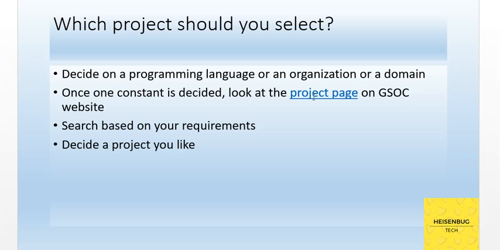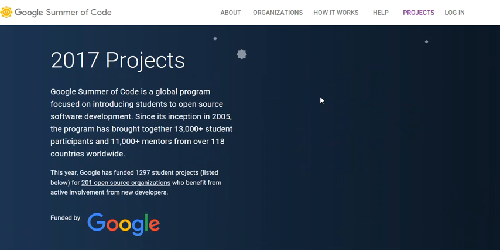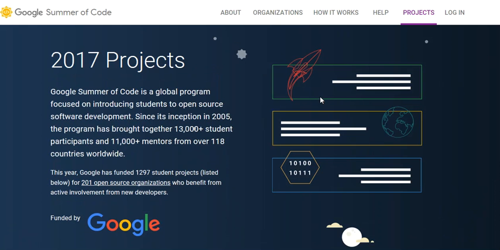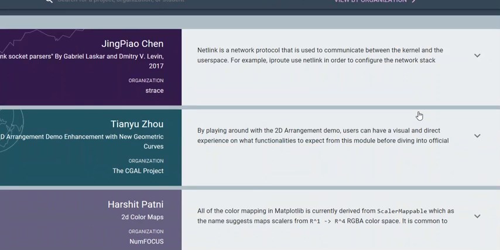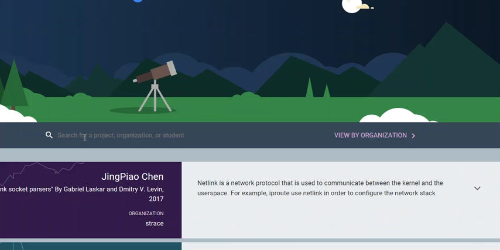Okay, so I'm going to take you to the project page on the GSoC website now. So this is the Google Summer of Code official website, and what we're going to do is go to the projects page, which is here. So okay, here we have a list of organizations with the developer's name and a brief description of the project and the organization. You can search here based on a project, organization, or a student,